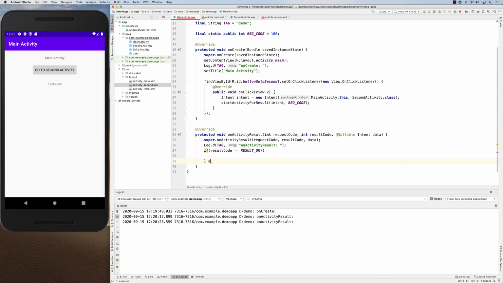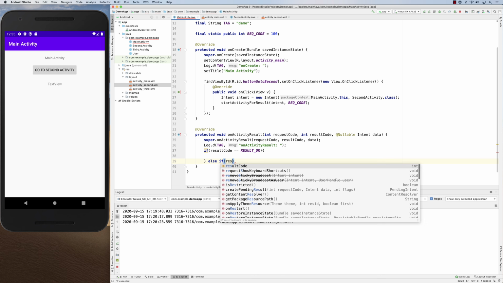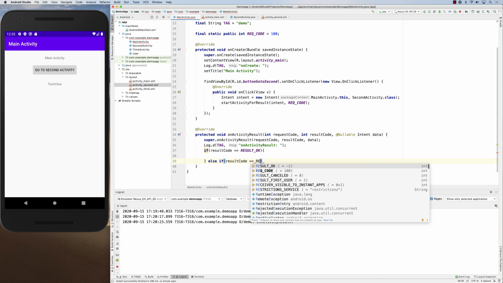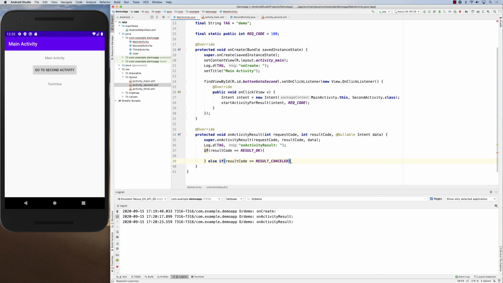Else if result code is equal to result cancelled, right? And I can just print if it's okay or cancelled here. So basically this, and then I'm going to say here is the result is okay, and here is the result is cancelled. So when we run it again,